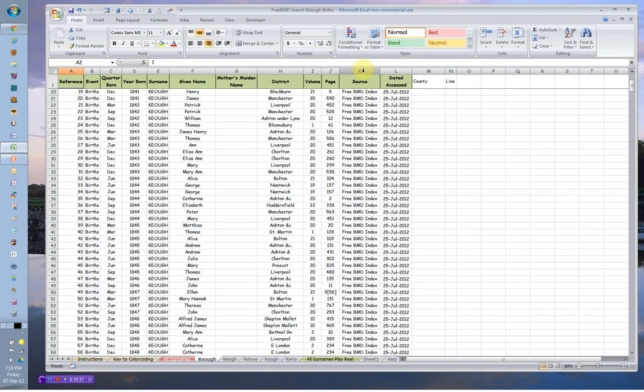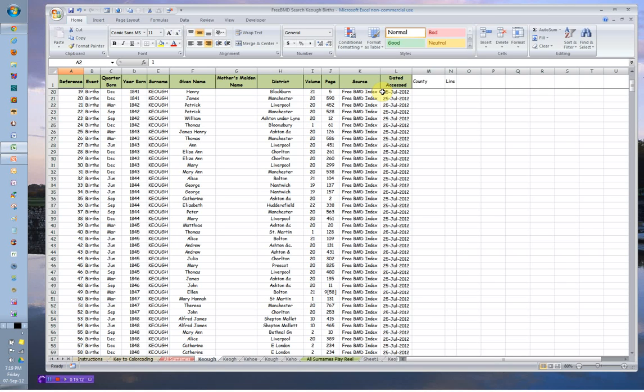The way that I tidy it up is I make a column for the mother's maiden name because the later indexes include this information. So you want to make sure you grab it and include it. And then maybe when you go back to local records, it'll be included on the registration form, and you have a place to put it in the future. I also list the source and the date that I accessed this information. So I know, for instance, that I looked all of this up as of the 25th of July,